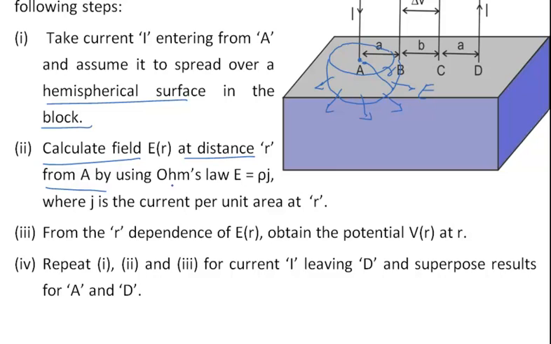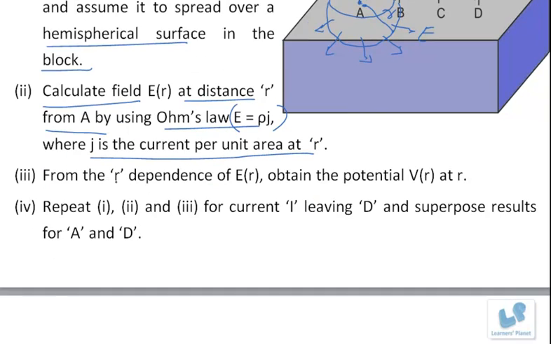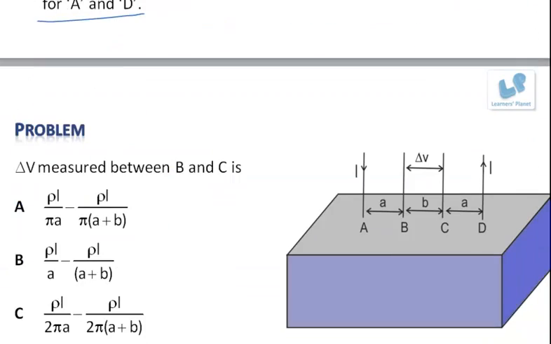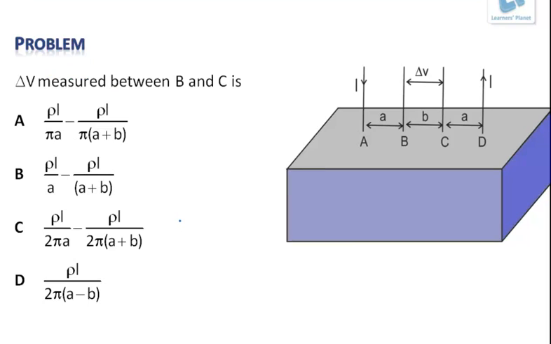And we have to use Ohm's law, that is E equals rho into J, where J is the current density, the current per unit area. From the r dependence of E(r), obtain the potential V(r) at r. And then we have to repeat steps 1, 2 and 3 for current I leaving D, to superimpose results from A and D. Now, the first problem based on this is that